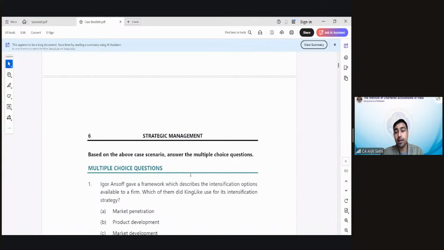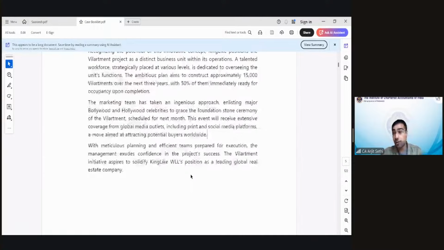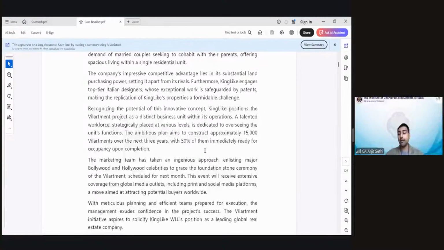Based on the above scenario, answer the multiple choice questions. Before I go to the questions, very quickly, I will give you 1 minute only. I see so many people in the classroom. I want each one of you to answer, okay? I see Pooja, Pragya, Bushra, Nitrawati, Kavisha, Sarang, Mujahid, Shagufta. I want each one of you to answer, my friend, what all concepts you could identify from this case.